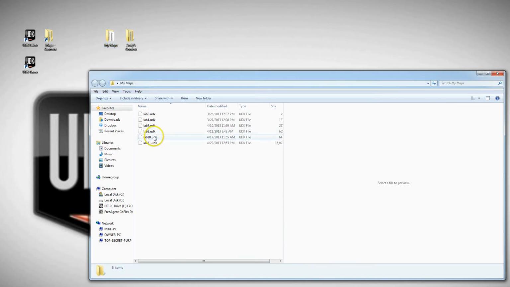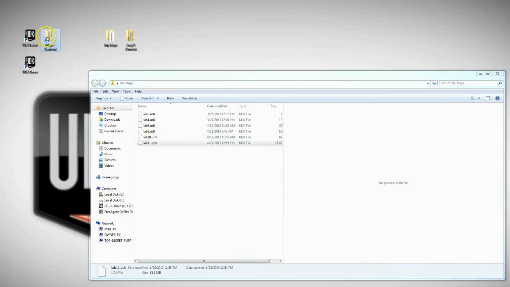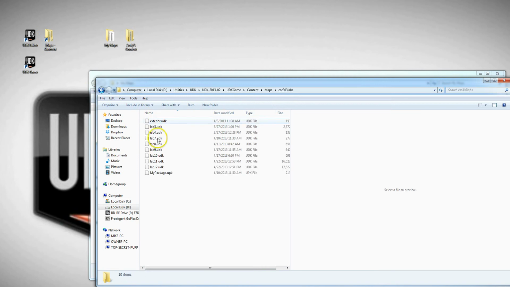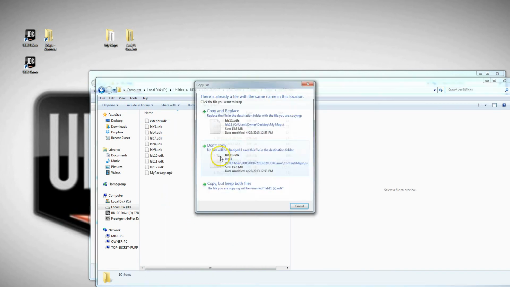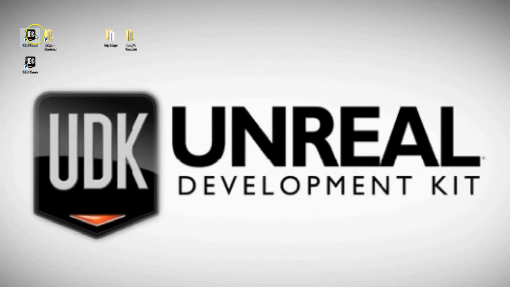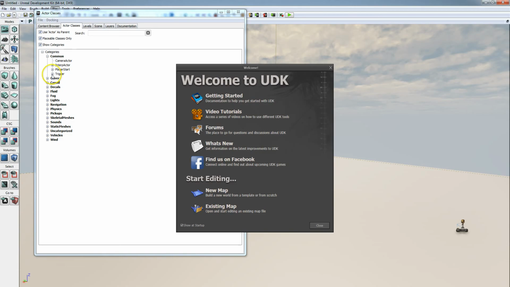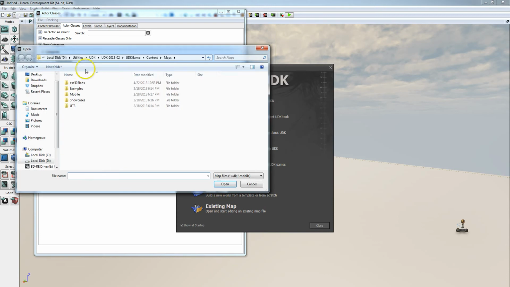And I'll go ahead and take our most recent lab and copy it over to our maps folder and paste and replace here. Copy and replace. Now closing this, we'll go ahead and open the UDK editor. And I'll pause it for just a moment. Now, as I load up our level here,